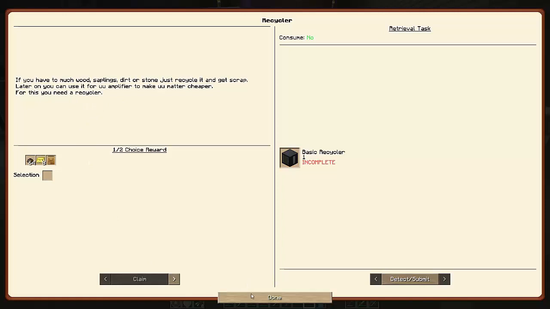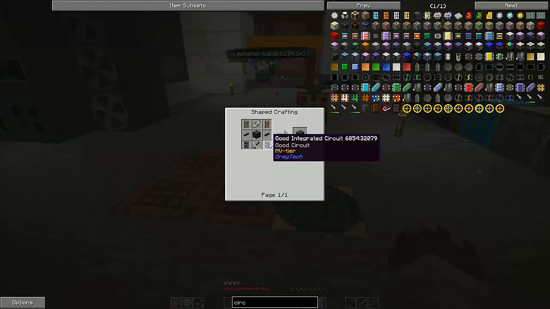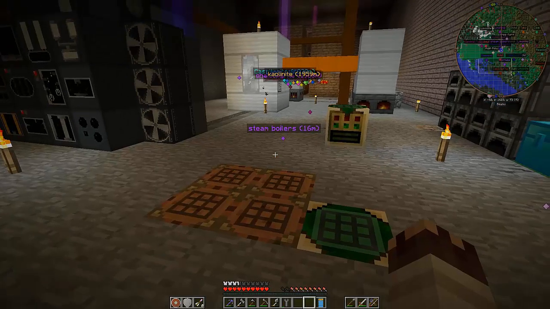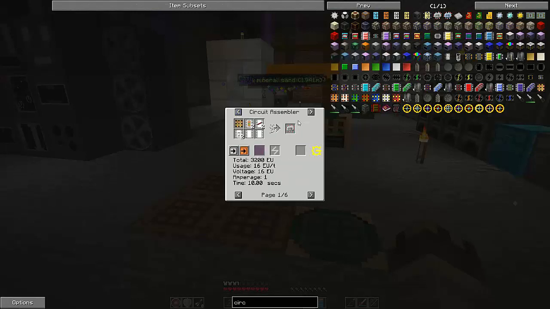Alright. So, that there. The scanner is probably slightly more important, but it wants 4 of those MV circuits. So the reason I make that first guy is simply because he will make all other circuits that much cheaper. If we take a look at the electronic circuit and jump over to the circuit assembler, it'll cost you 1 less red alloy wire. You'll save 3 rubber from not having to wrap that wire, and then you'll save half